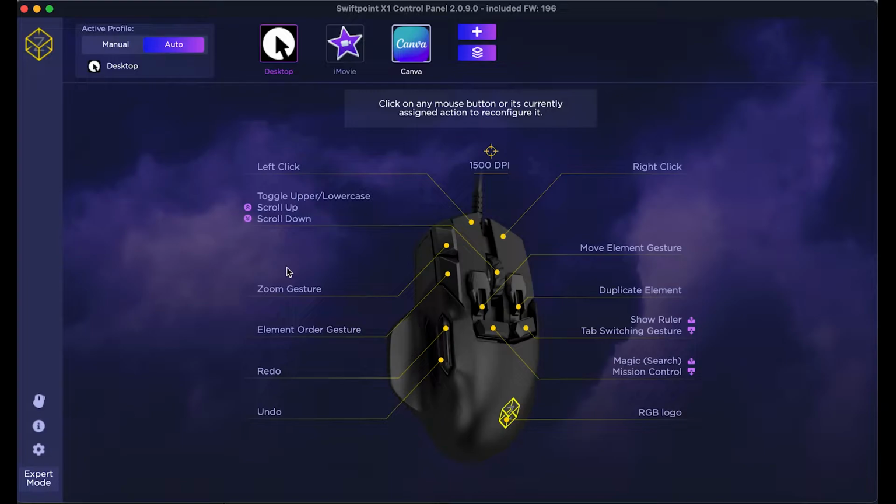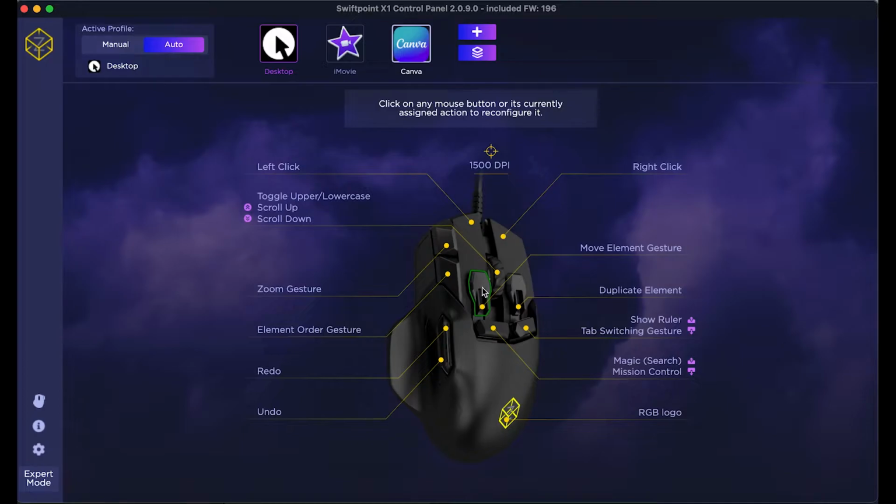Once you have selected the profile that you wish to edit, you will see all of the button names and the current actions that are mapped to the particular buttons of your mouse. And you'll also be able to see, as I'm highlighting here with my cursor, which buttons have deep click involved. So we've got deep click on the middle wheel, and also we've got deep click on the fingertip buttons. Now the Z has more deep click buttons. So we've got middle click, both of the fingertips and the left and right click, but with Tracer and Creator, you only have deep click on the left click button and the left fingertip button.